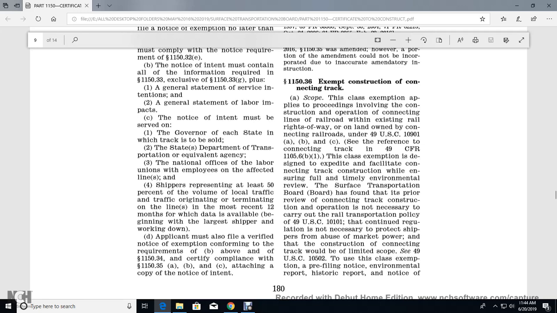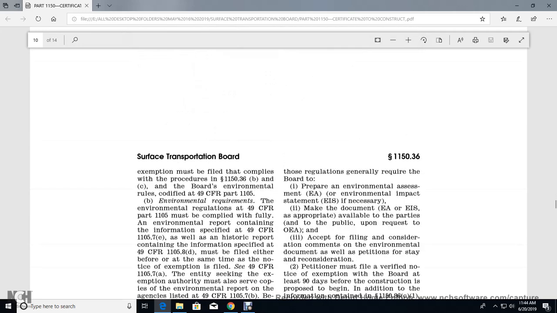and that regulation is not necessarily needed to carry out the rail transportation policy of Title 49 U.S. Standard Code 10101, and that continued regulation is not necessary to protect shippers from abuse of market power, given the limited scope of the construction of the connection track under Title 49 U.S. Standard Code 10502. Class exemption pre-filing of the notice: the environmental report, historical report, and notice of exemption must be